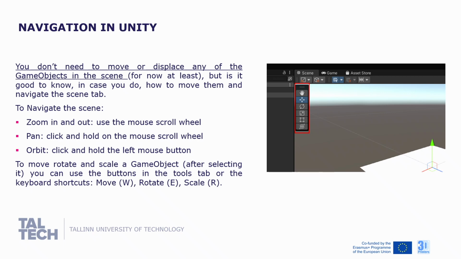To orbit, click and hold the left mouse button. To move, rotate, and scale a game object, after of course selecting it in the hierarchy, you can use the buttons in the Tools tab, or alternatively, you can use the keyboard shortcuts W, E, and R for move, rotate, and scale.